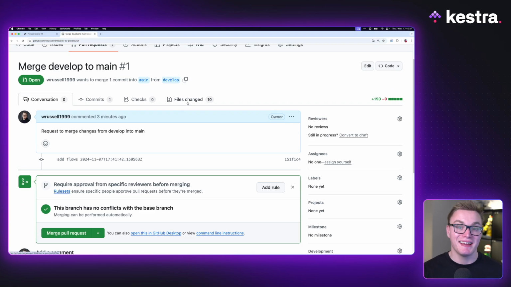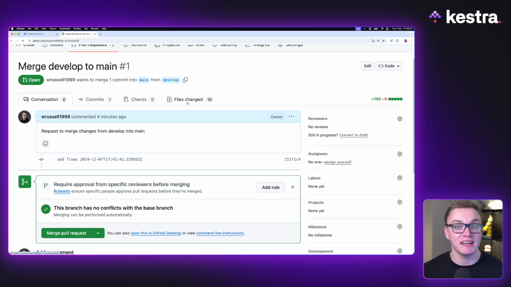Now you might be wondering, is there anything I can do here to validate that these workflows are correct automatically? Now, yes, there are a couple of things. Firstly, you can't save a flow inside of Kestra unless it is in the correct format. So that's one way you can validate it, that the push flows task won't be able to push the flows unless they are in a saved format. Now, that doesn't allow for logical errors, so you'd have to check that yourself separately or create a way of testing those workflows. But if you want to check that they're at least a valid format, then that's one way you can do it. Second approach, and we just did a video on this, so I'd recommend checking that out separately,